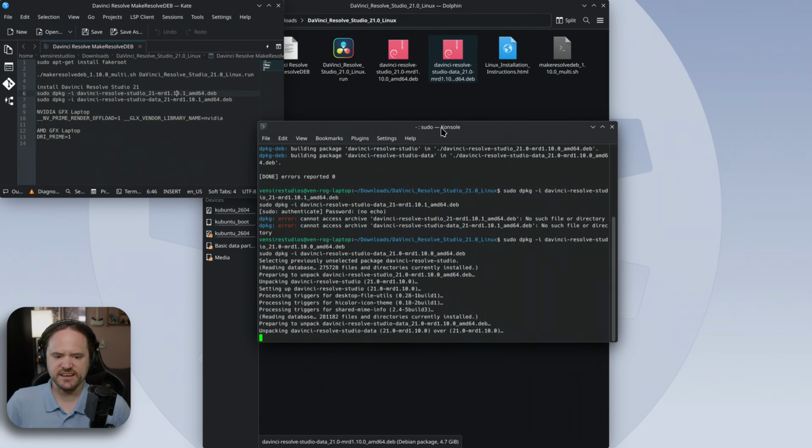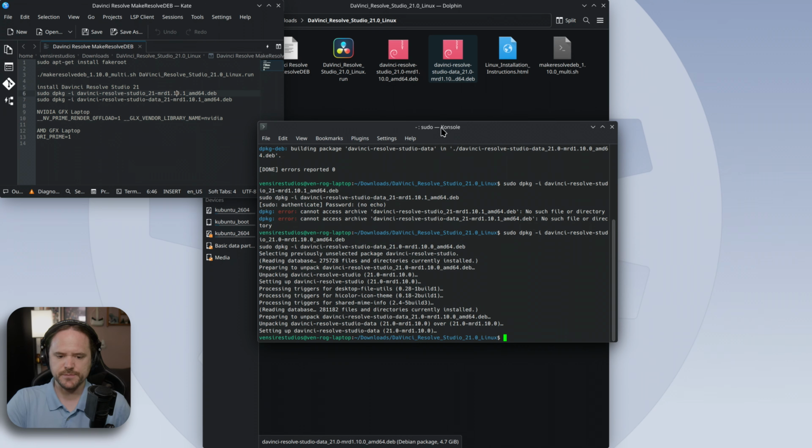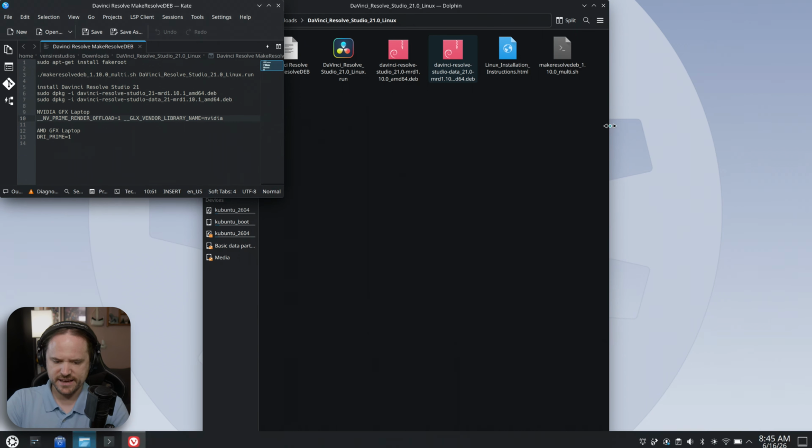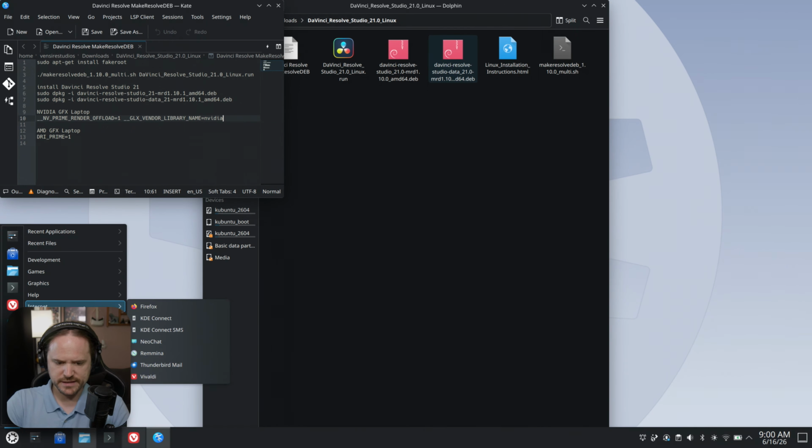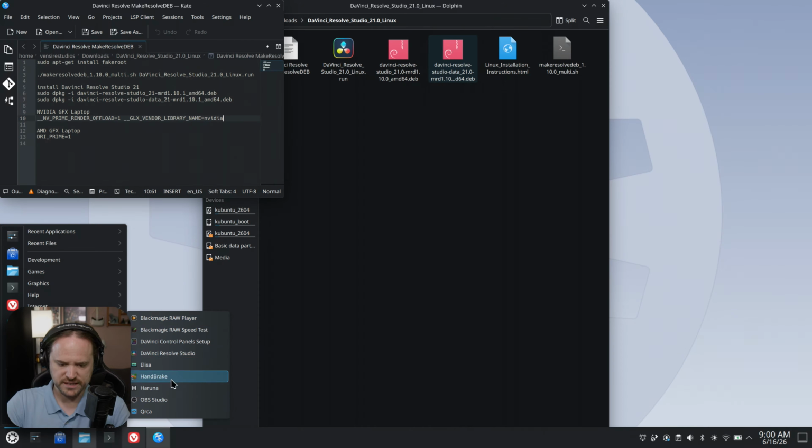It's getting it set up. And then afterwards, because of me using an NVIDIA laptop, I'm going to have to get that set up as well, and I'll show you where that goes. So this shows it is done. You can go ahead and close that out. And this will be located in the multimedia section. If you want to get into its own DaVinci Resolve folder, you can do that on your own by, you could say,